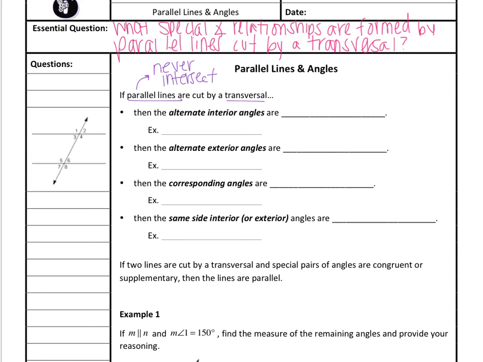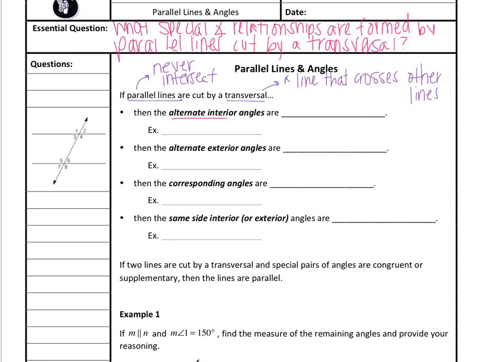And a transversal is just a line that crosses other lines. Okay. So if parallel lines are cut by a transversal, then 4 different special angle relationships are formed,